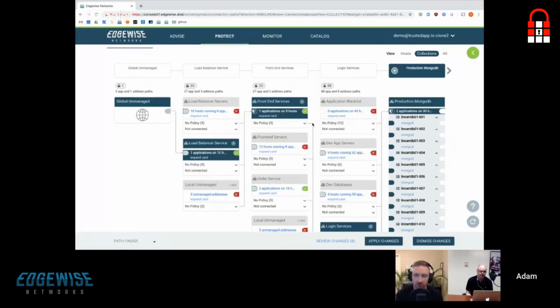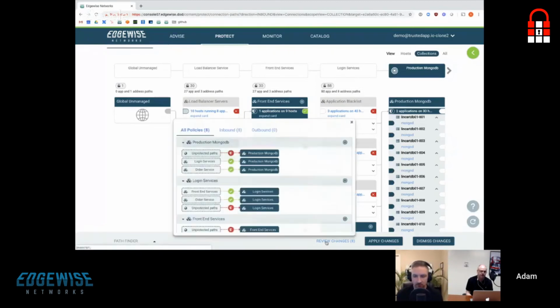And that's a great point. So everything we've just done here to set up this pathway of communication of what's allowed, we defined in 8 policies. So we can see here when we look at the policies that I have on my production Mongo environment, I have my default deny, and then I have allowed through my login services and my order services.